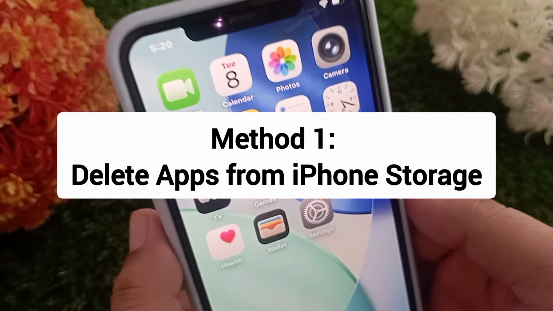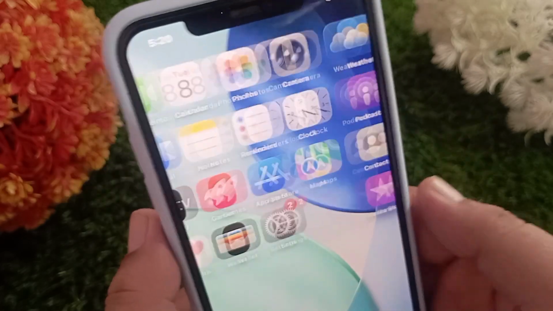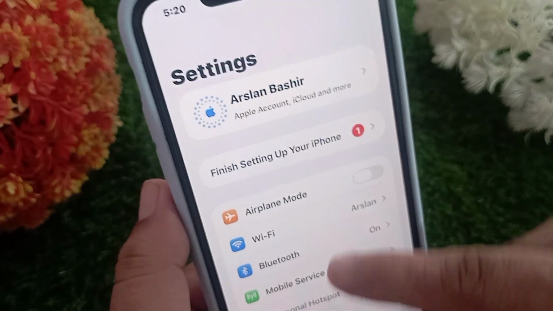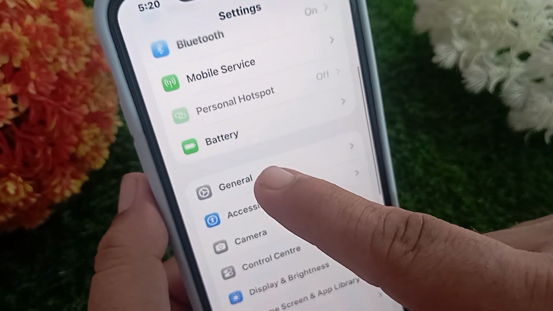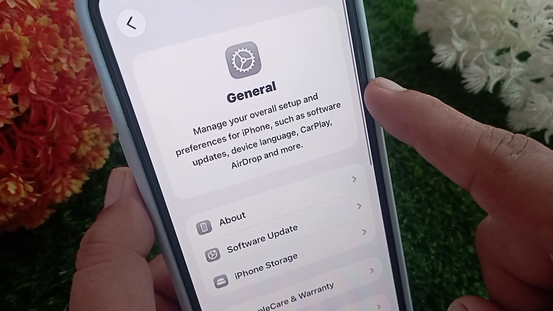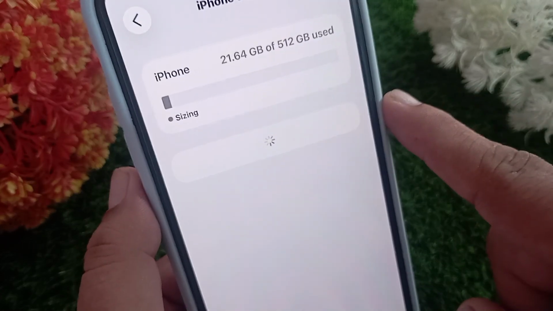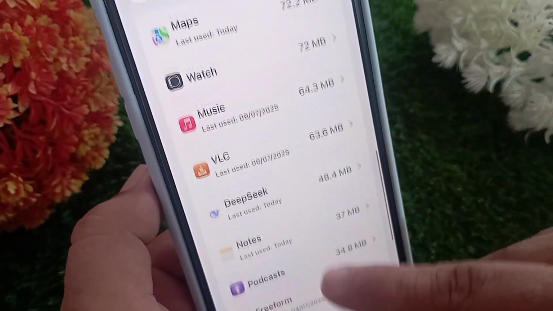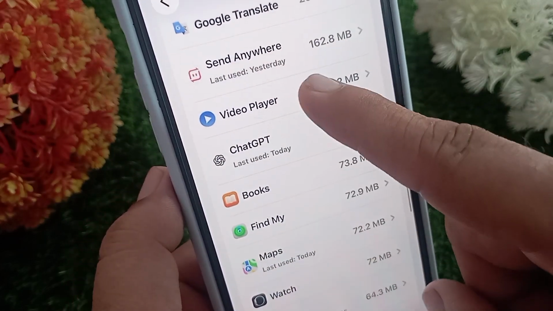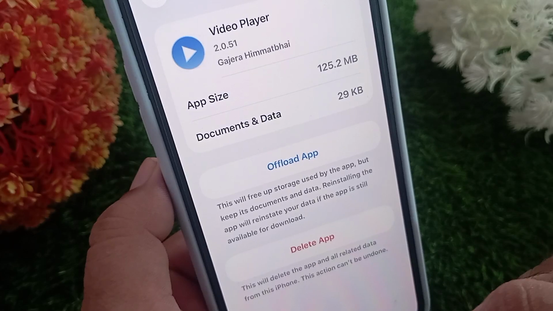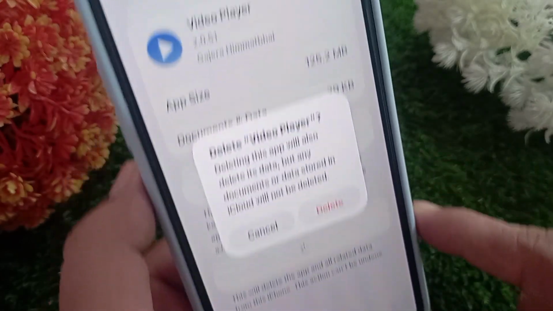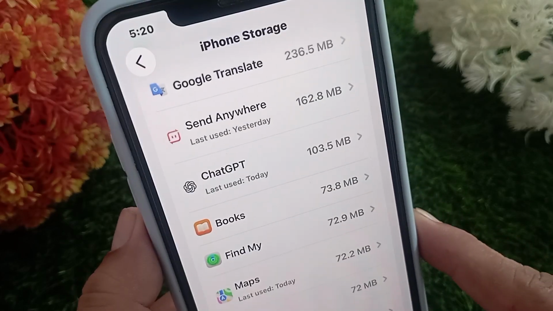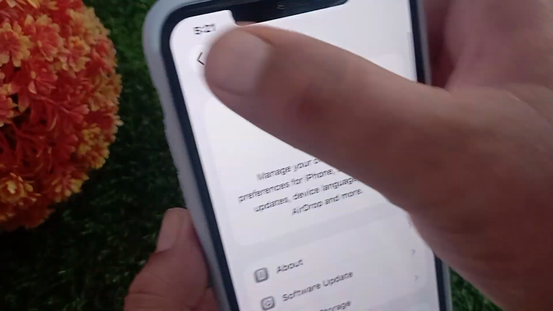Method 1. Delete apps from iPhone storage. For this, open the Settings app on your device. Then swipe down and tap on General. Select iPhone Storage. Now scroll through the list and find the app you want to delete. Tap on the app. Then tap Delete App. Now confirm your action. This method is especially useful if the app icon doesn't show a delete option on the